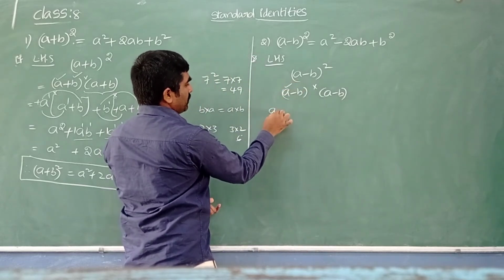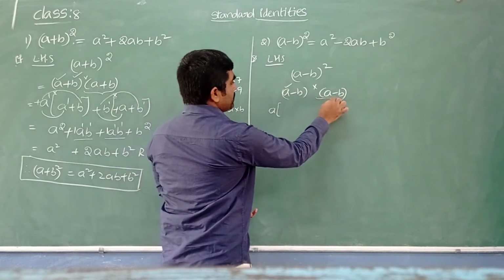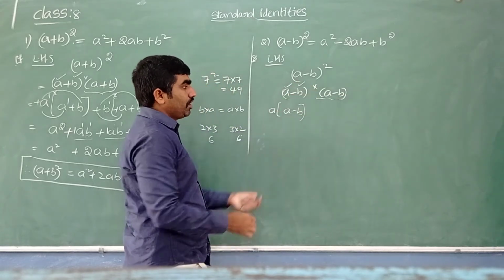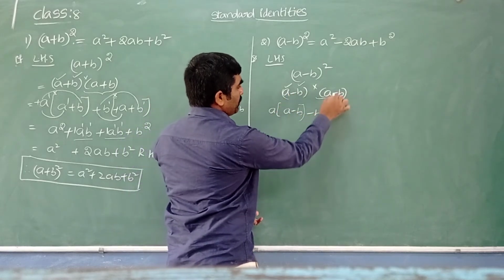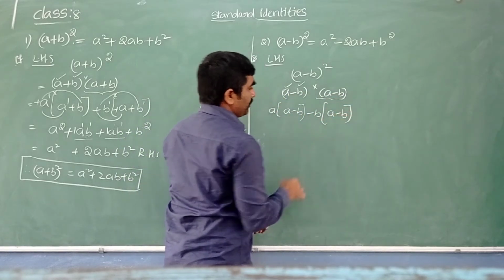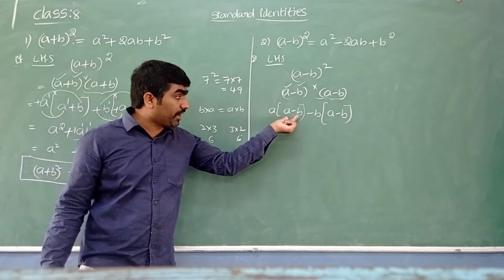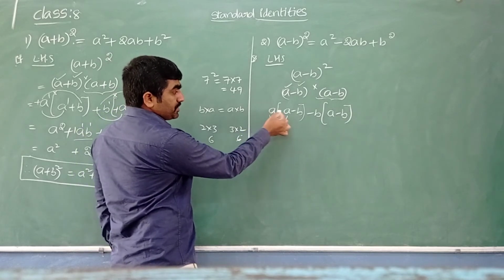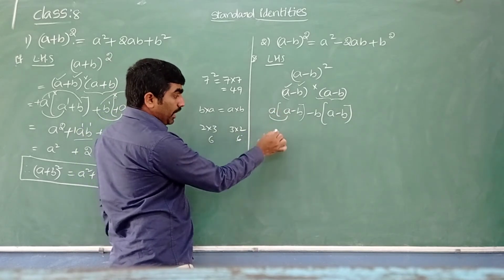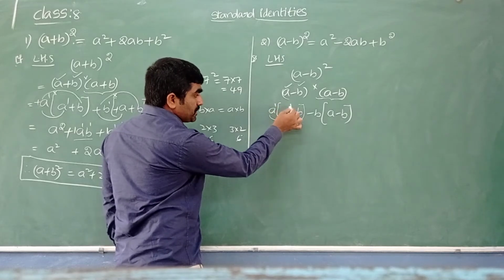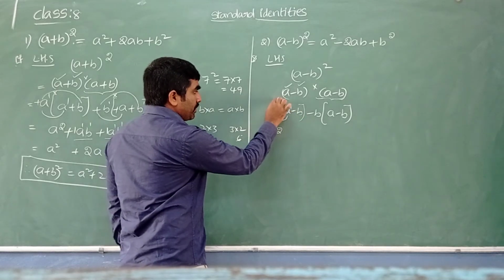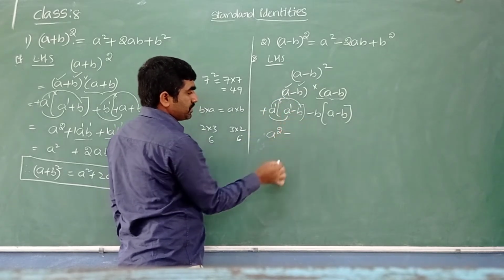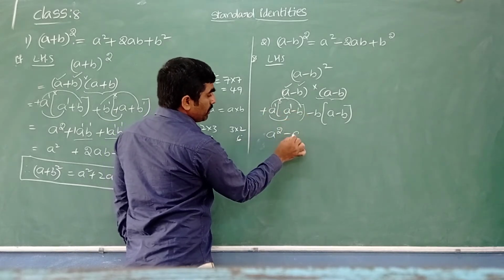Take the first term of the first binomial into the complete second binomial, we can write A minus B. Take the second term of the first binomial along with its preceding symbol, minus B, multiplied with the second binomial. So it is now like monomial into binomial, monomial into binomial. Multiply the monomial with the first term, same variables, right? Only one variable and the power is obtained from the sum of the powers, 1 plus 1, 2. Now multiply the monomial with the second term. First the symbols, no symbol means plus, plus into minus, minus. Then A into B, different variables, AB.